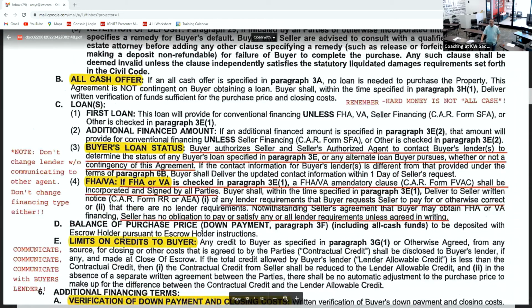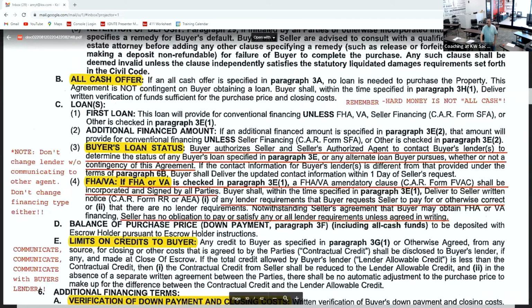This is important too. When you submit this, your buyer is authorizing the seller and the listing agent to contact the buyer's lender to determine the status of the buyer's loan, and so on and so forth. There's also a note here under FHA-VA that if it is an FHA-VA loan, there's going to be an FHA-VA amendatory clause that's incorporated into and agreed to by the parties. And if there are any lender requirements for requests for repair, that would be a condition of underwriting. Those have to be given to the seller. And it also says here, and this is important,